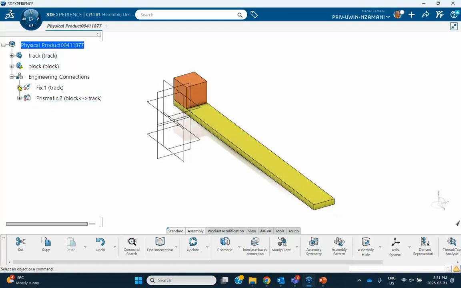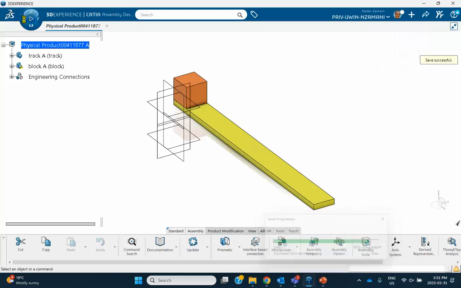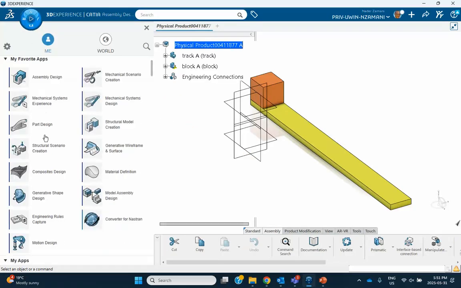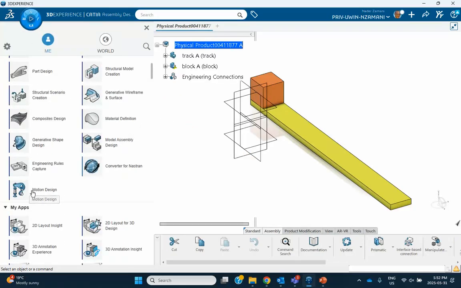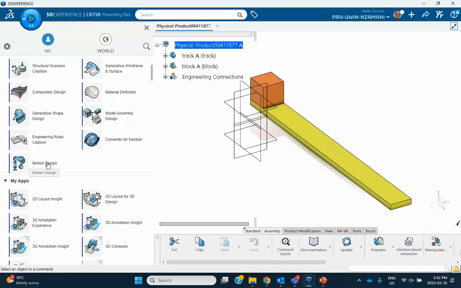Notice that I did not assign any material properties to it. So we're done as far as the assembly is concerned. Remember, we are going to go to the motion design application. Now, I have done this problem already by going into mechanical system experience and mechanical system design. But this tutorial is about motion design. You click on it,